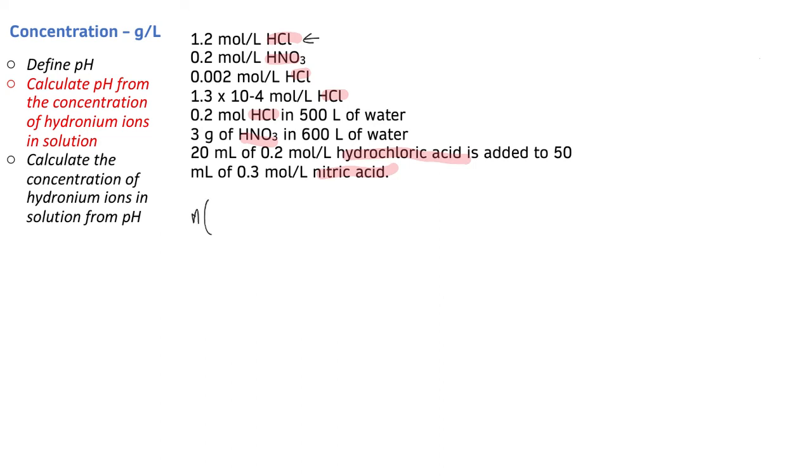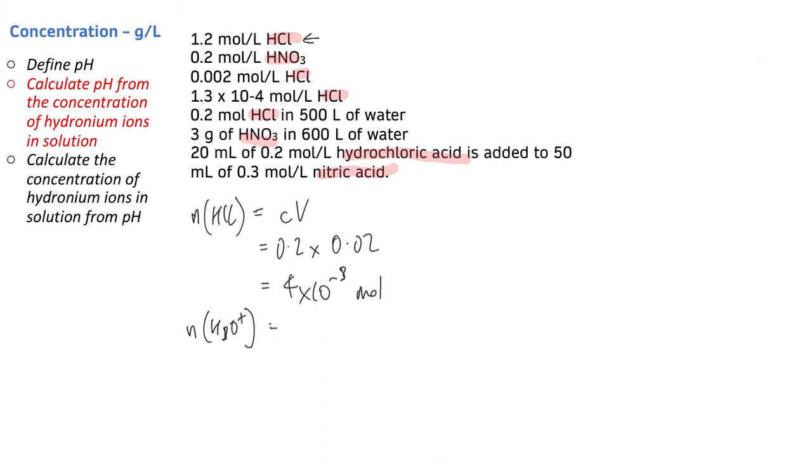So, number of moles of hydrochloric acid will be equal to CV, 0.2 times 0.02, which is equal to 4 times 10 to the negative 3 mole, which is the number of moles of hydronium ions from the HCl. So I'm going to do this at the moles level because that makes most sense. Times 1, which is equal to 4 times 10 to the negative 3 moles of the H3O+